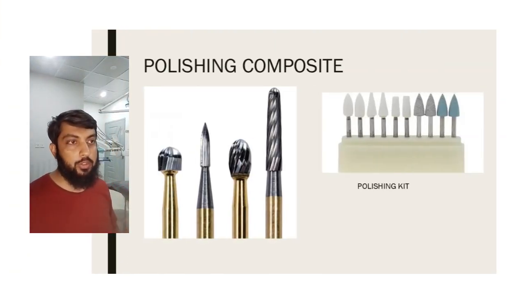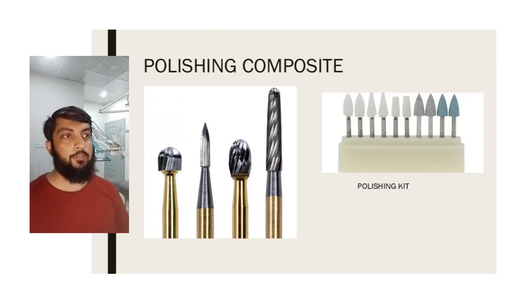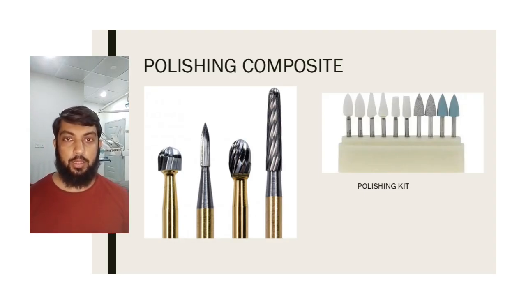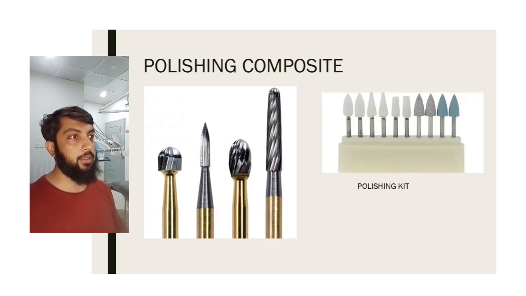For polishing, we can use different things such as the 12 fluted or 40 fluted tungsten carbide burs on the left, or a polishing kit on the right. The general rule for the polishing kit is that you go from the darker color to the lighter color. The darker color is the blue, then we come to the gray, and then we come to the white. The cone shaped ones are used for the occlusal surfaces or in between the incisors or